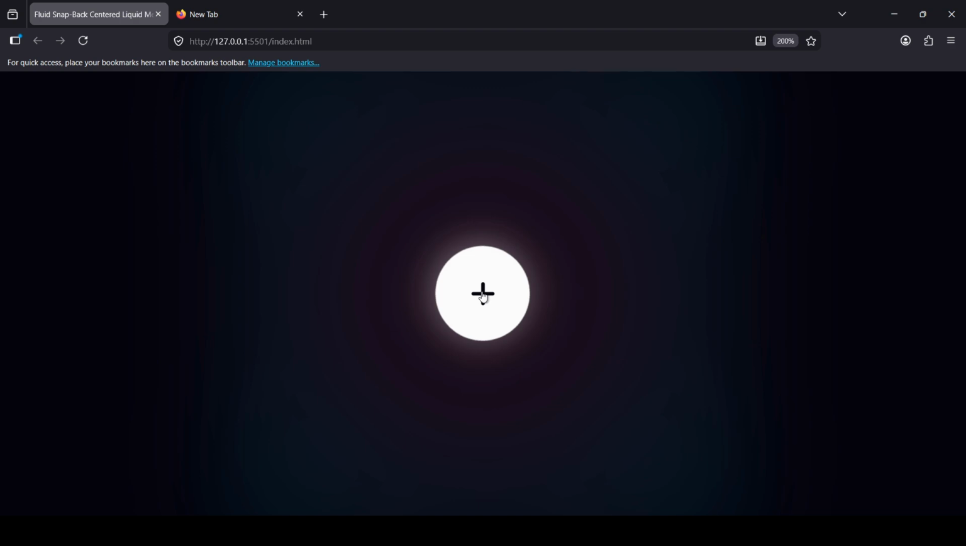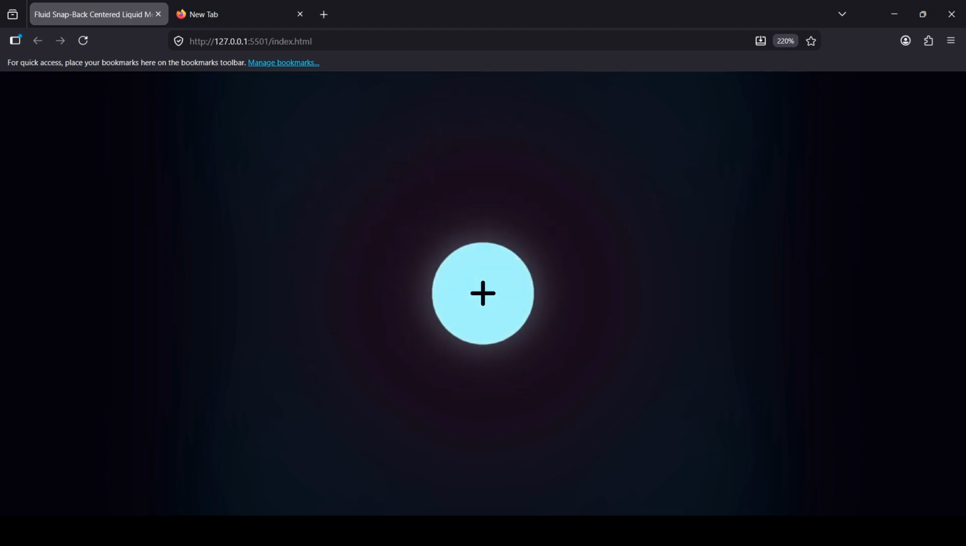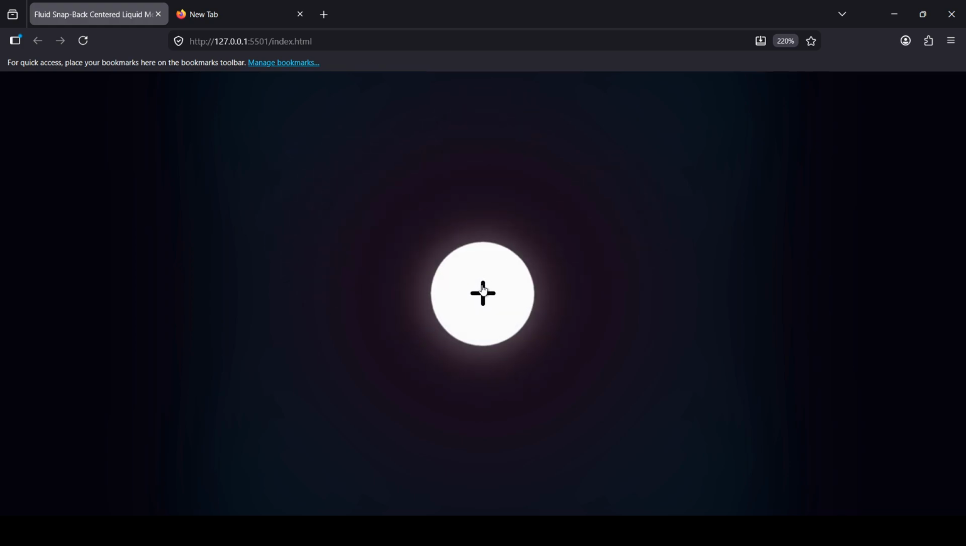Even the closing animation creates the illusion that every menu item is part of one fluid object, delivering a premium experience usually found in modern app interfaces. And the best part is that we're building this entire effect using only HTML, CSS, and a tiny bit of JavaScript. No frameworks and no animation libraries. So if you're ready to create an eye-catching UI that will make your portfolio stand out, let's dive in and